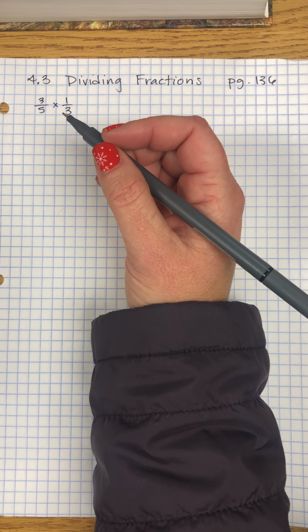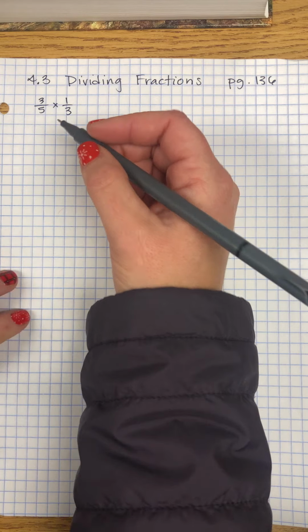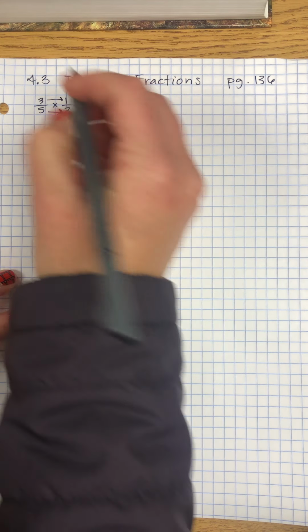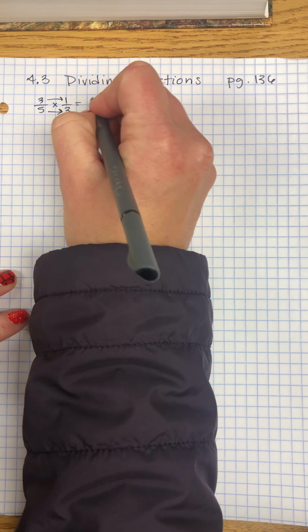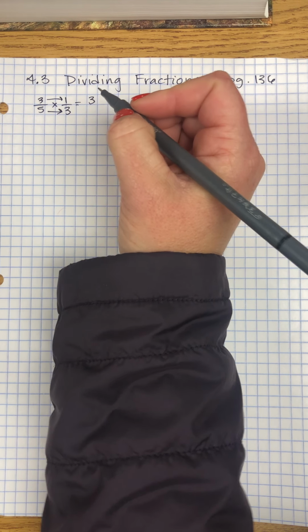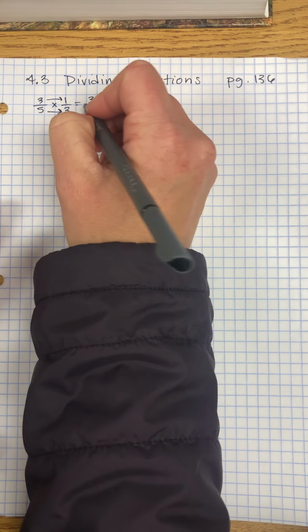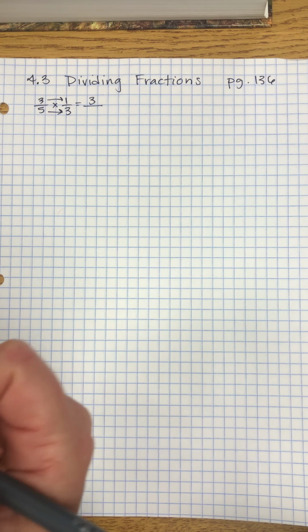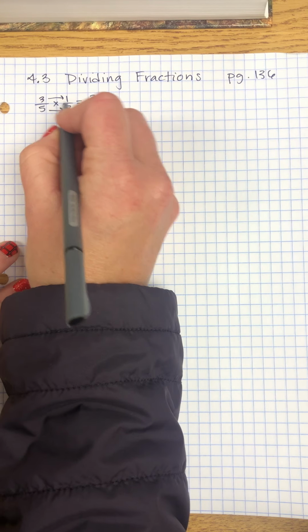We do across, we do 3 times 1. So we multiply across, right? We just go straight across. 3 times 1 is 3. And we're in 6th grade, so we know that we're going to try to reduce and keep our numbers small. But just in case we blank on a test or quiz, we're just multiplying across. 5 times